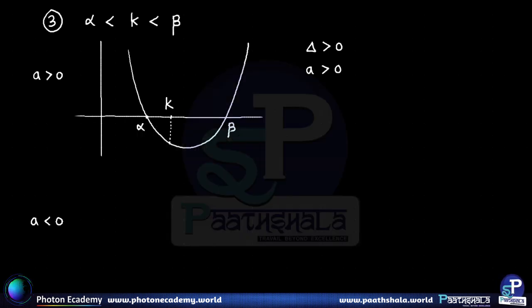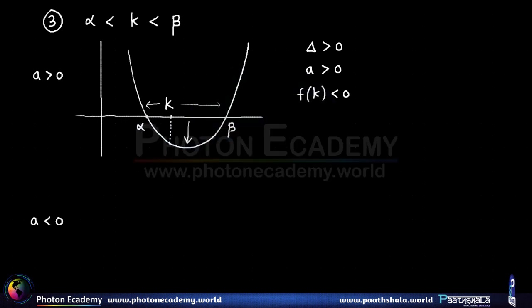Now here we will observe that f of k turns out to be negative, because since it lies between the roots, if the parabola is opening upwards, then any point which lies between the roots will have its function in the negative direction. So we have the condition as f of k less than 0,